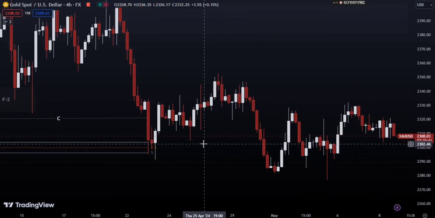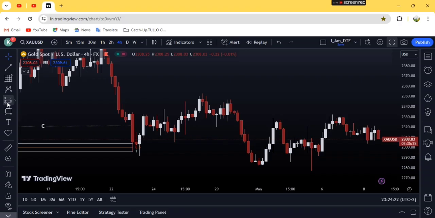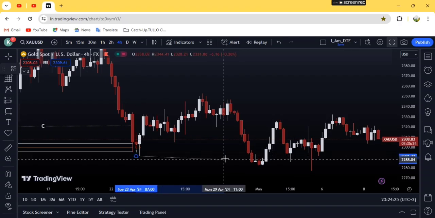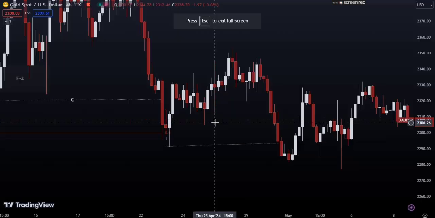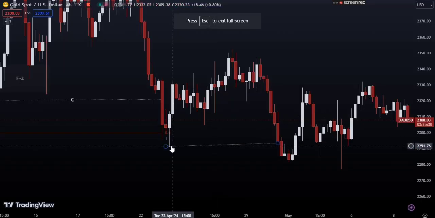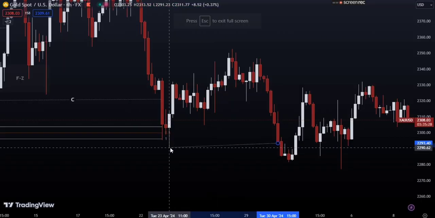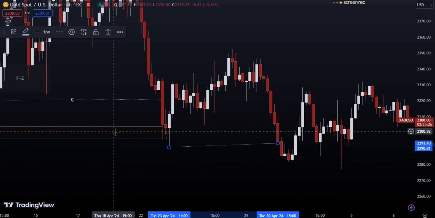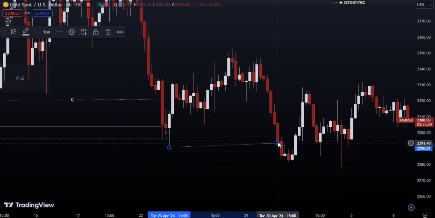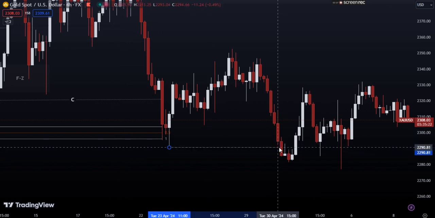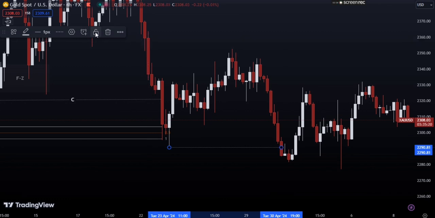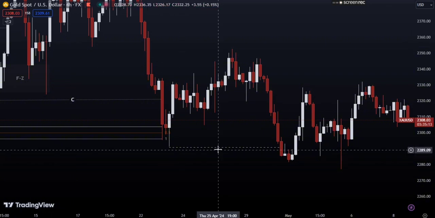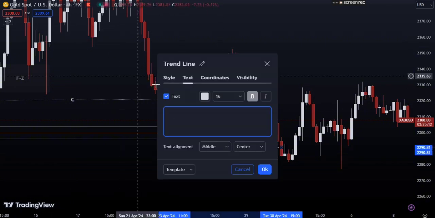Then I'm going to high importance again. There's other things that, before we have the events on payroll events, they were printed by the price. You already have this market inefficiency closed, change of character already formed as well. So I'll just change the line format and I'll just make a break structure.